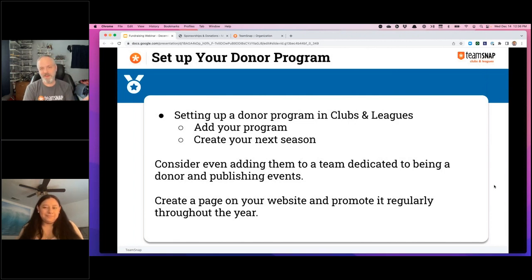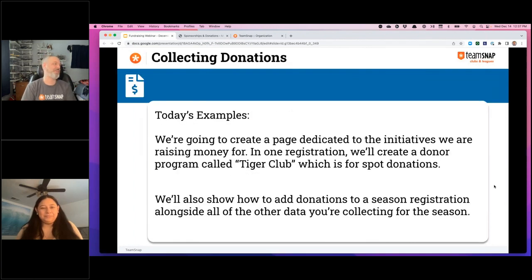We did a little web page, and we're going to talk through why we're going to put some of that content out there. But we're going to set up a donor program. We talked about this earlier in the week, just how important that is. We have programs inside clubs and leagues, like our leagues or a camp that are coming up. But running a donor program allows you to aggregate all those people, get them all into one place. You might even have donor events that you're using TeamSnap to share when those are going on, and send out messages. So I think that's an important thing we're going to look at.